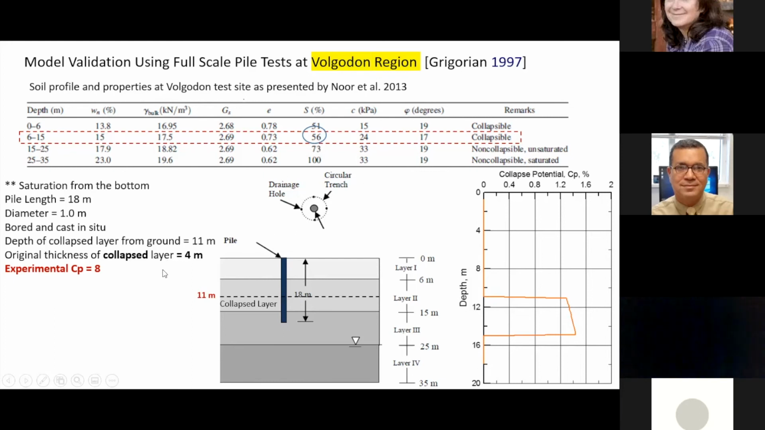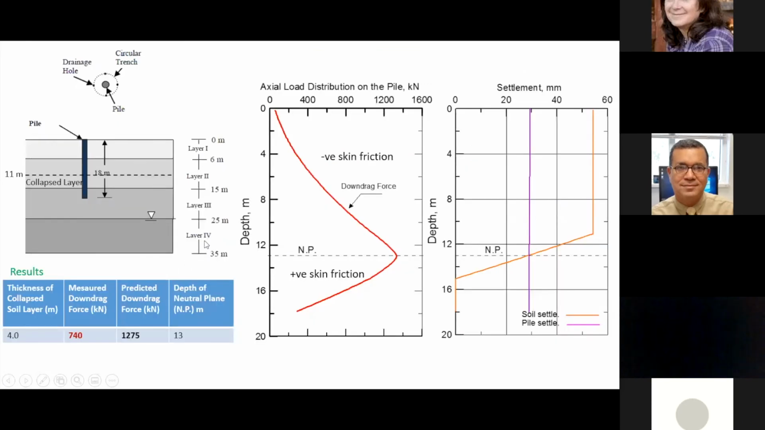I'm not saying that it's wrong. I'm just trying to explain to you the differences of the results between what we got and what they gave. And I'm not saying that they are wrong or we are right. I'm just trying to highlight or underscore the source of these differences. So the measured down drag force that they provided was 740 kilonewton. The one that we calculated was